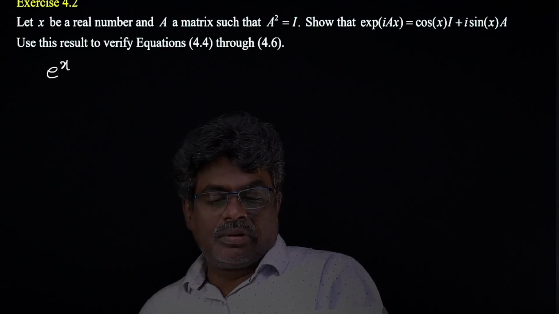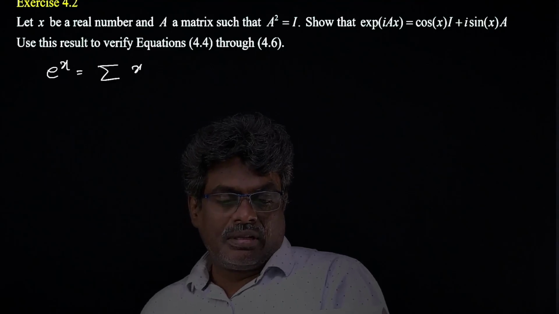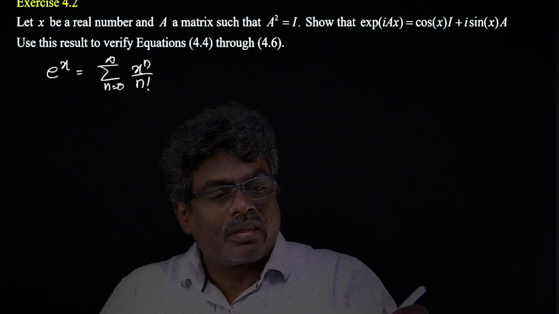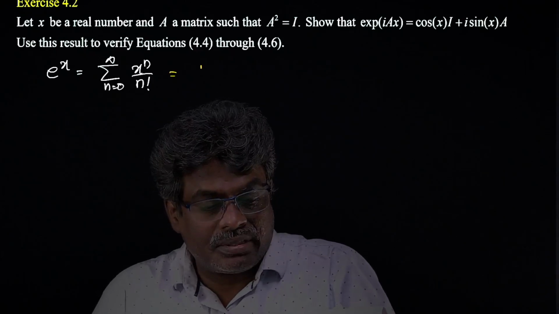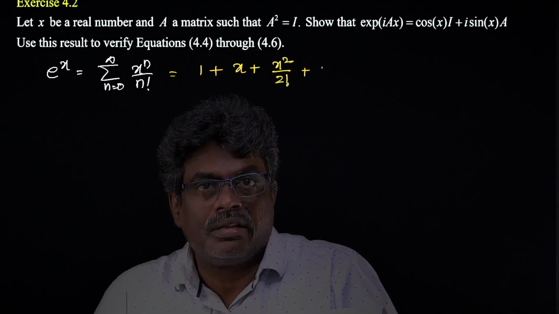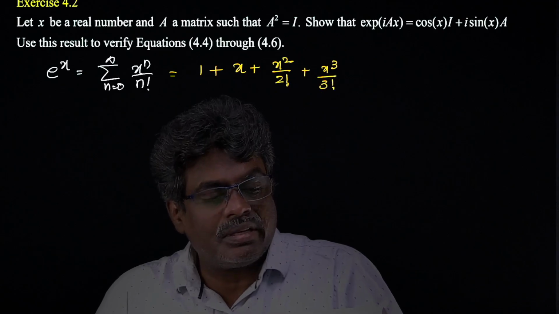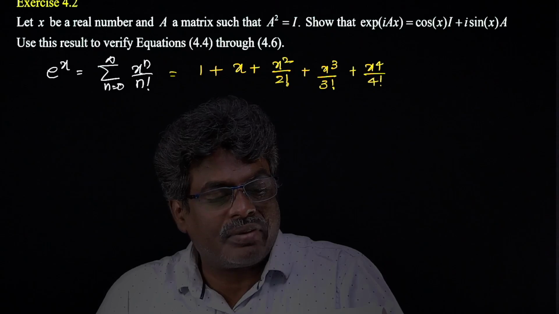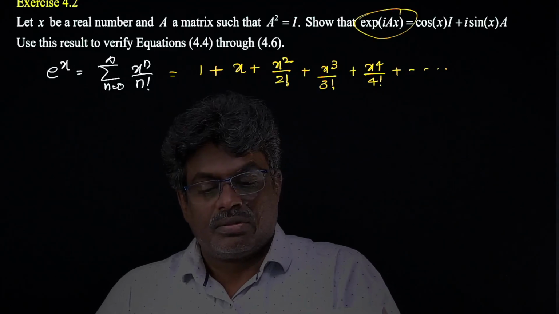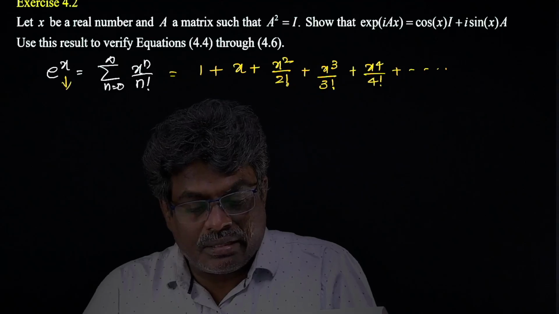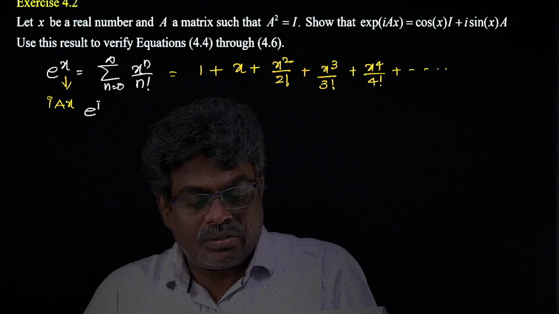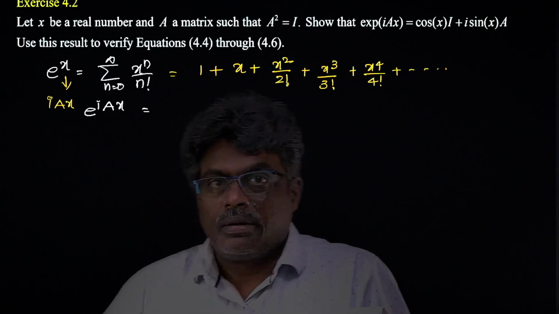The expansion of e raised to x is the summation of x power n by n factorial, where n equals 0 to infinity. If I substitute these n values, this expansion can be taken as 1 plus x plus x square by 2 factorial plus x cube by 3 factorial plus x power 4 by 4 factorial, and so on. Now we want to find this, so I'm taking in the place of x, iax, the imaginary term. Then it is e raised to iax equal to,